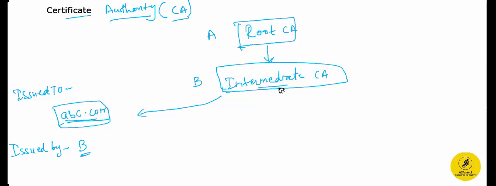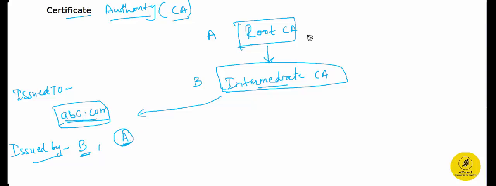Along with that, the intermediate CA will also share the information about the root, that is, who my root is. It is possible that you might not trust the intermediate CA, so it needs to provide all the details about the root as well. So it will tell you that this is my root CA. A is the root. It will not say that exactly in the issued by field, but you'll see that information in your certificate. When you go to a certificate, you click on details, and it will show you the entire path: issued to abc.com, issued by B,